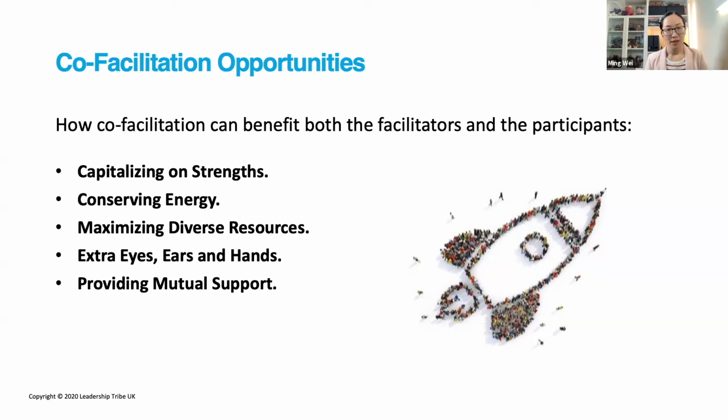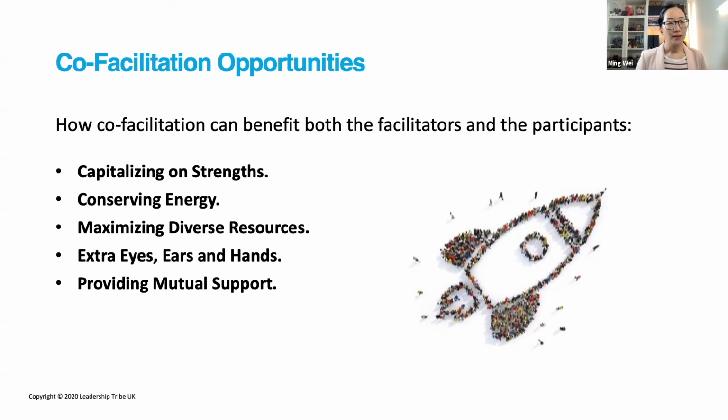And having an extra pair of eyes, ears, and hands always helps. When one person is delivering, the other person can keep an eye across the room and monitor the energy level, how people are doing, whether people look confused, whether we need to provide an example so people can be more intrigued. You can provide that instant feedback to the delivery person, saying this is what I can add, this is what I can do to make sure that you deliver your very best.